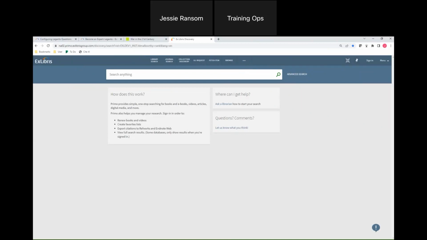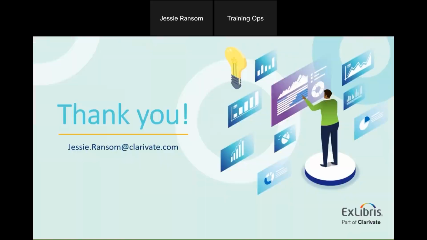But I can send over some screenshots. If you want to send me an email, feel free, and I'm happy to send you some screenshots of what it looks like in Moodle. It's very similar to what I showed in Canvas. All of the different learning management system integrations are very similar.